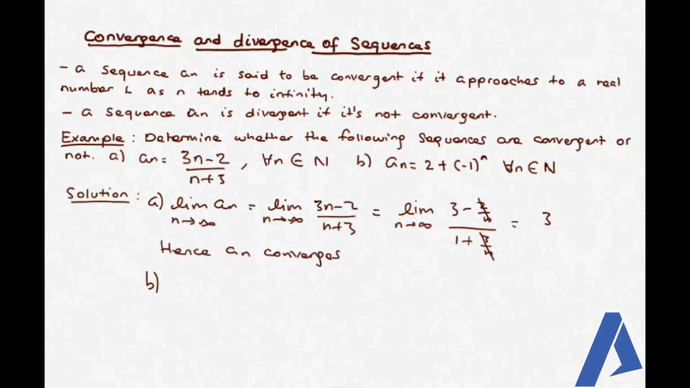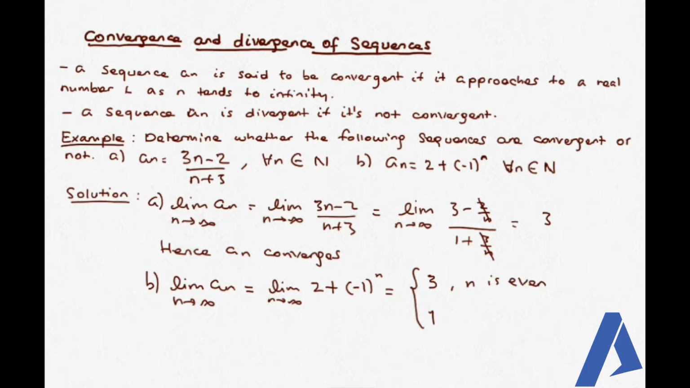ከዛ ቢን ደግሞ ስናይ again ሊሚቱን እናያለን። the limit of an as n approaches to infinity which is equal to the limit of 2 plus minus 1 the power of n as n approaches to ኢንፊኒቲ። ይሄኛው ሁለት የተለያየ ሶሉሽን ነው ያለው። n ኢቭን በሚሆንበት ሰዓት ሊሚቱ 3 ይሆናል። n ደግሞ ኦድ በሚሆንበት ሰዓት ሊሚታችን 1 ይሆናል። n is even and n is odd ማለት ነው። ስለዚህ ይሄ ምን ማለት ነው? ሁለት የተለያዩ ሊሚት ቫልዩ ነው ያለው ማለት ነው። which implies that the limit does not exist። ሊሚቱ ኤግዚስት አያደርግም ማለት ሲኩዌንሳችን ዳይቨርጀንት ነው ማለት ነው።